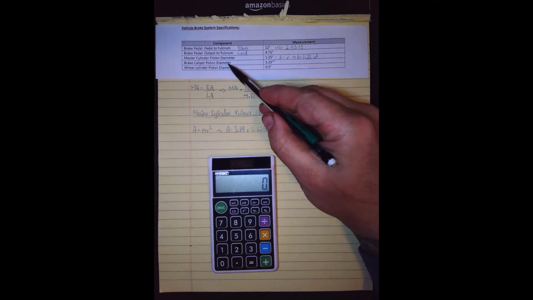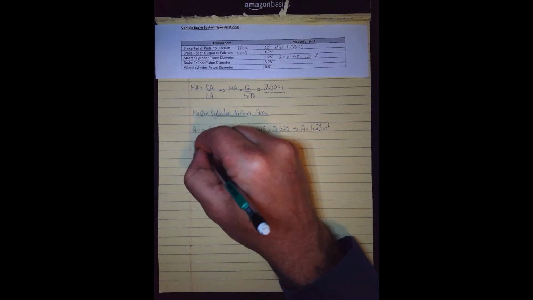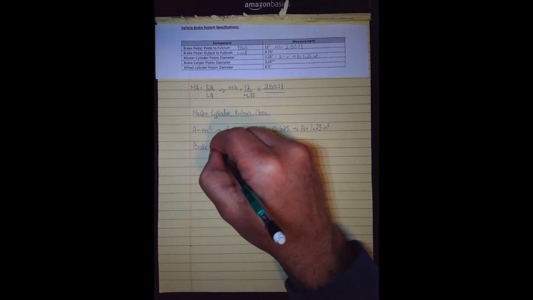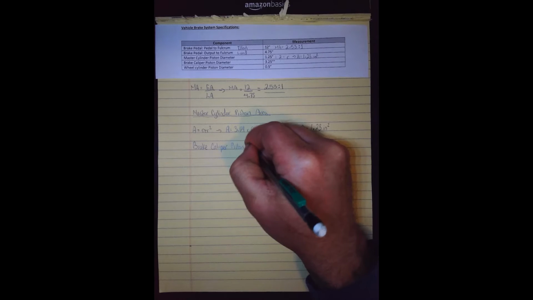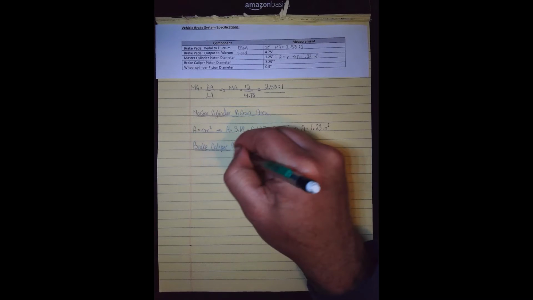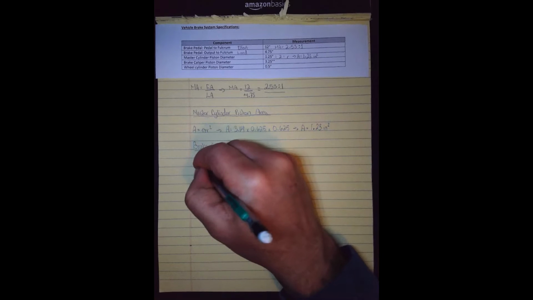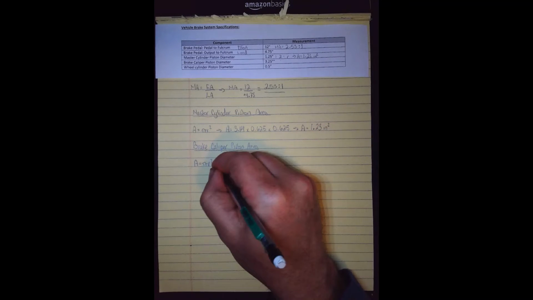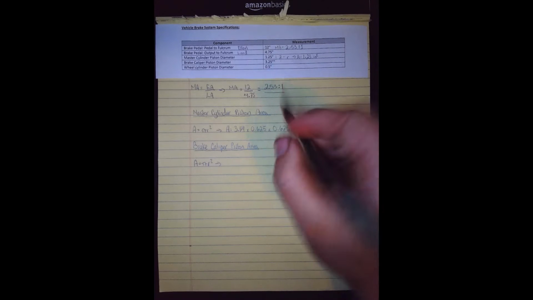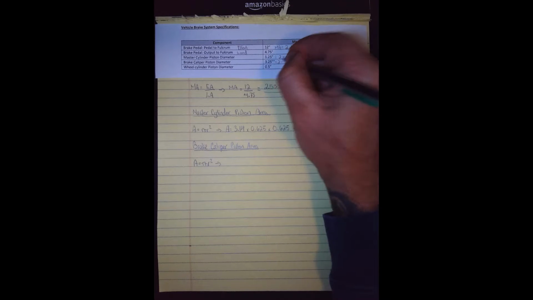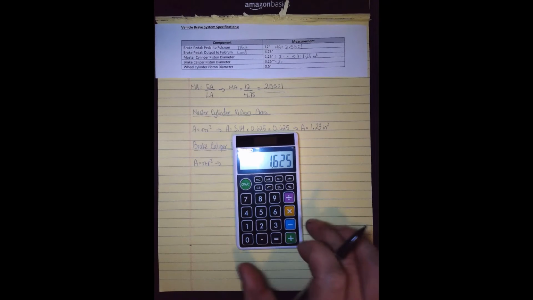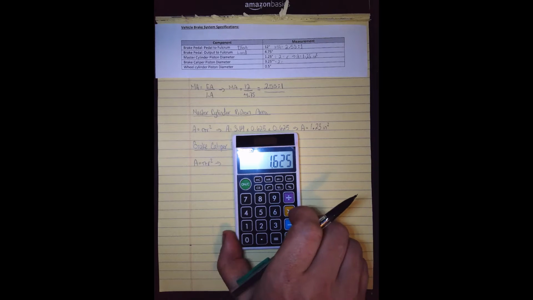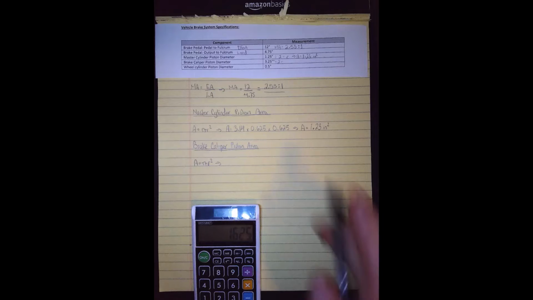We're going to do the same thing with the brake caliper and the wheel cylinder, right? So brake caliper piston area is next. The formula doesn't change, pi r squared. Of course, we need a radius. So we'll go 3.25 divided by 2. It's going to give us 1.625. So if I plug that into my formula, we're going to go 3.14